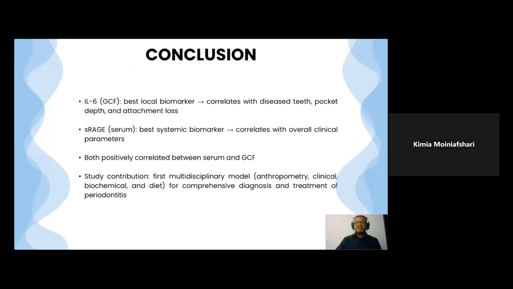In summary, IL-6 in gingival fluid was the best local biomarker, correlated with diseased teeth, pocket depth, and attachment loss. sRAGE in serum was the best systemic biomarker, related to the general inflammatory and metabolic status. Both markers were positively correlated between serum and crevicular fluid. This study proposed the first multidisciplinary model combining anthropometric, biochemical, clinical, and dietary data to support a comprehensive diagnosis and